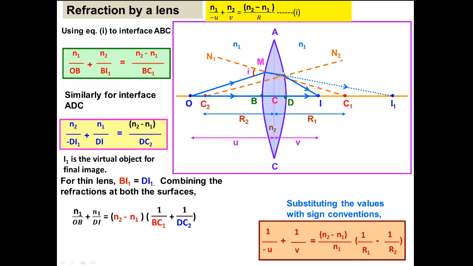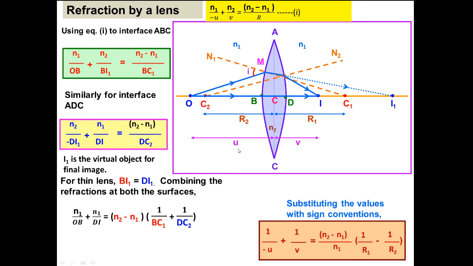Similarly for the interface ADC, this is now the incident ray, meaning I1 is the virtual object for this image I. Then what will be at this interface N2? Now see here, N1 by OB, where N1 is the refractive index of the object media. Now for this final image for the ADC surface, this light is the incident light, so the object media is N2, so N2